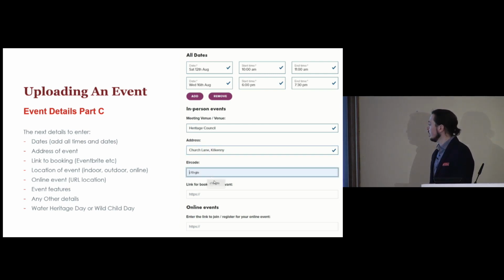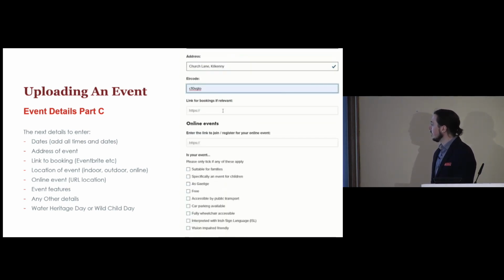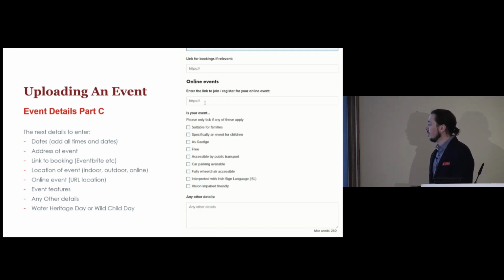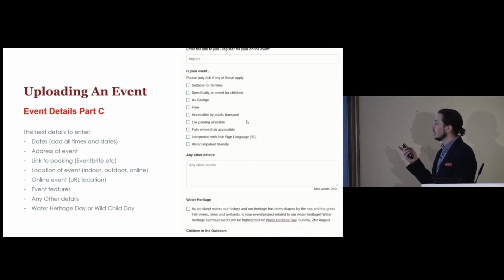So it's always useful. If you have a link for a booking, so this is related to things like Eventbrite that Pierce mentioned earlier today, you can paste that in there. You just copy the link and paste it in there. That means you can manage the bookings, or people can select to book your event through the Heritage Week